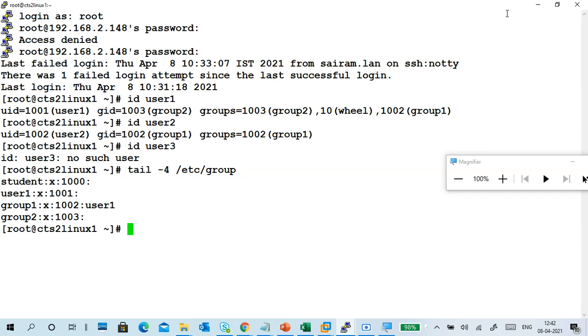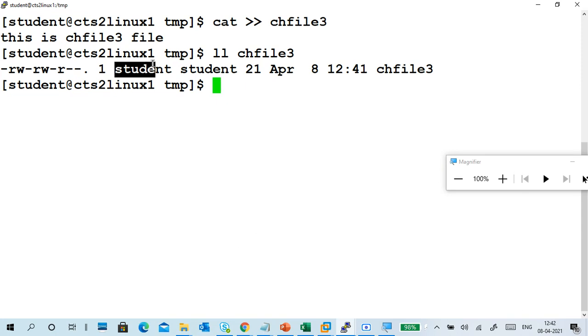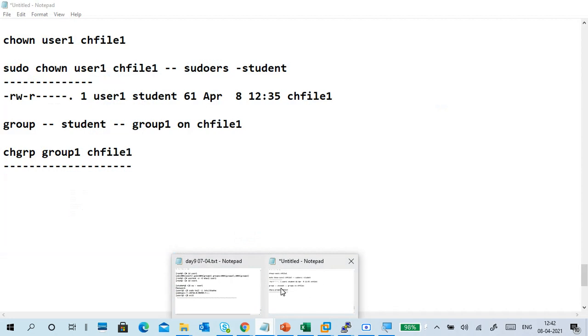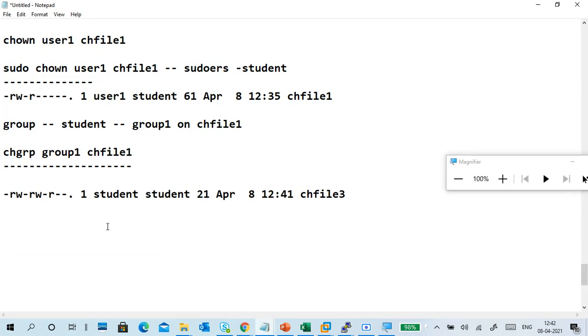Now the question: the owner is student. First, I want to change it to user2, the ownership on chfile3. Second, the group is also student.